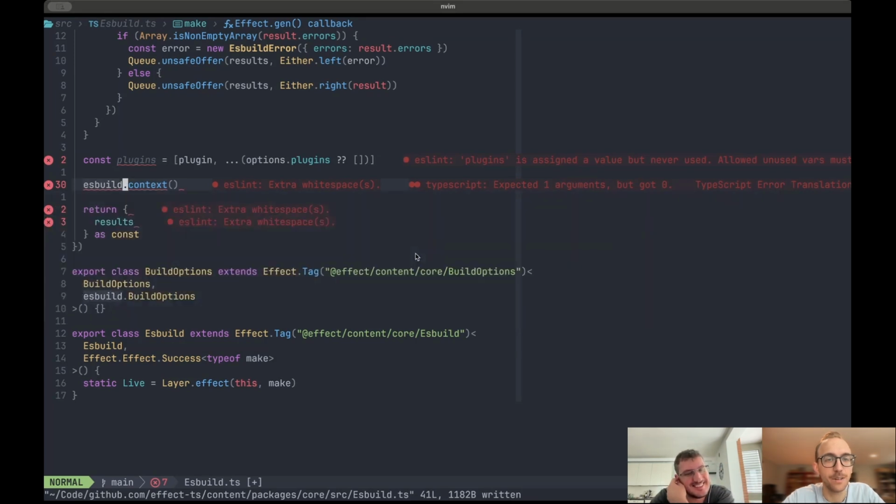Okay, so first we want to create a context, and then we want to watch that context. And I'm pretty sure this is resourceful because I think you can actually close a context. So let's do,